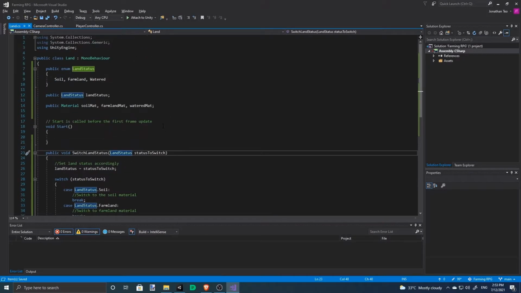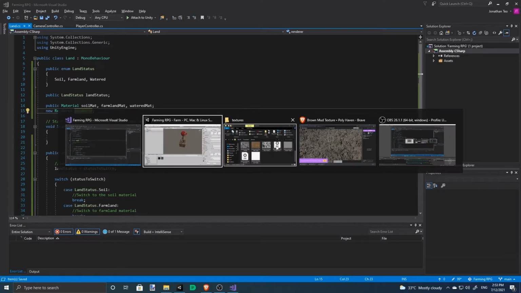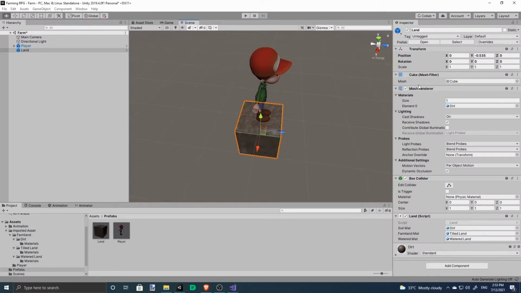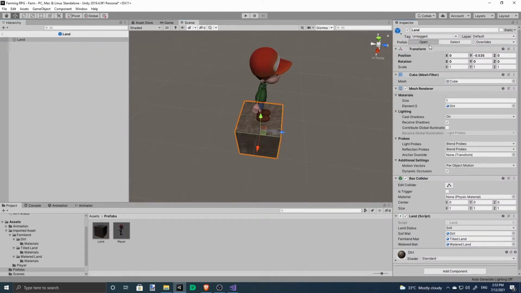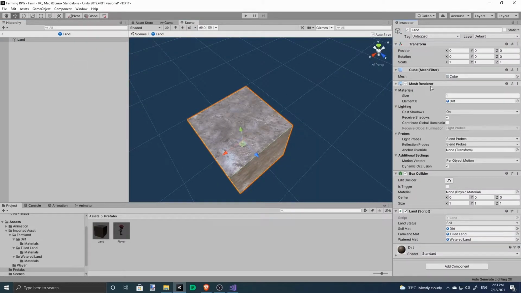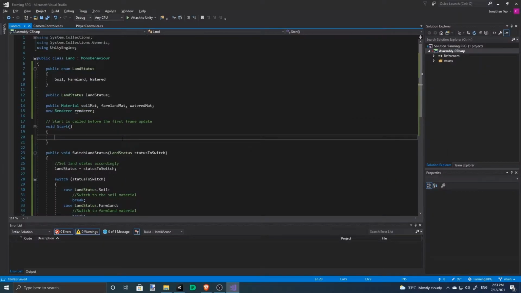So how do we actually change the material? So first we'll need a renderer. So we'll declare a renderer. This renderer is going to be the renderer component on our land prefab. It's going to access this and change the material. So we're going to access the component.